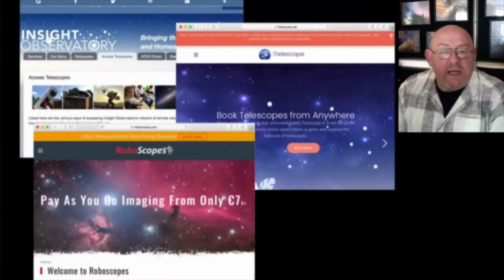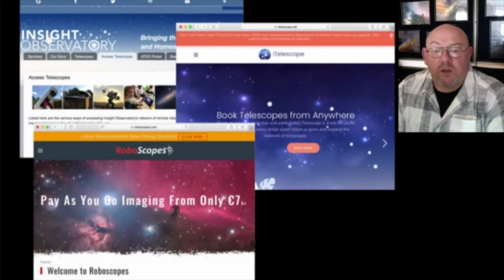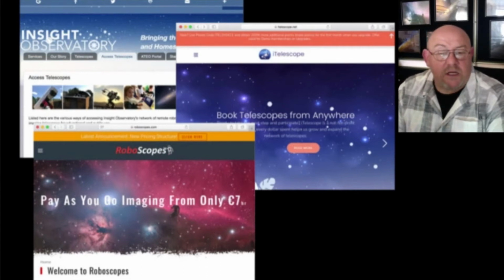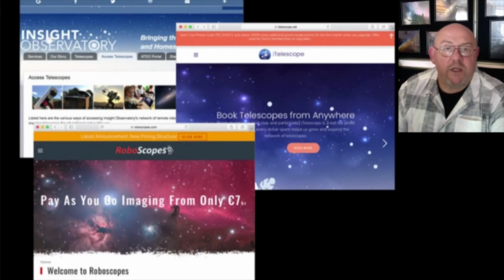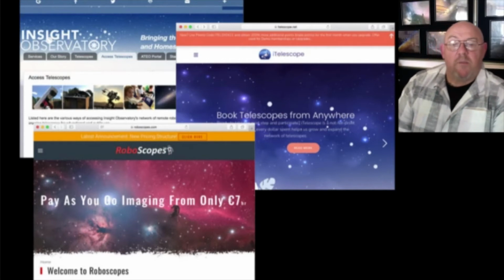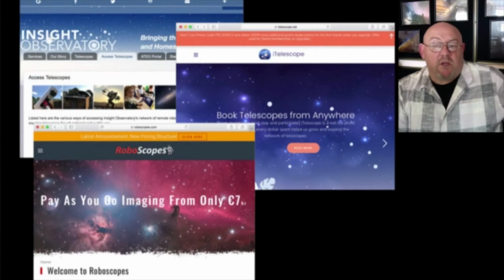Now, I'm not affiliated with any of the following, but the approach I take to the software and the accessories on the telescope is very similar and or identical to ones that are popping up now for the general public to try their hands at, automated astrophotography like roboscopes, iTelescope, Insight. You can literally log on and you pay your dues, and then you can use the telescope exactly the same way I do. This way you can be miles, hundreds or even thousands of miles from the actual telescope you're controlling.